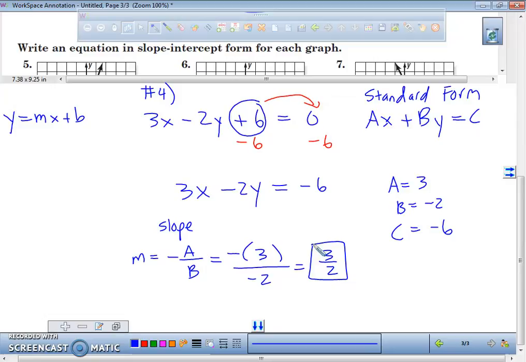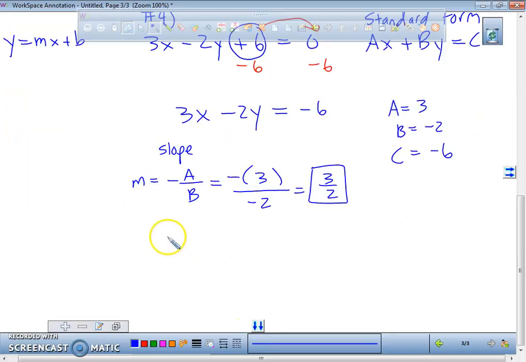And you're done. You just found your slope using the formula we talked about a few days ago that was in standard form. I'm not saying some of you may not be comfortable with this, all right? But this is something you can do if it's in standard form. Now, the other thing we talked about, there's a formula only for the y-intercept if you're in standard form. What's the formula for the y-intercept? It was c over b. C over b. So our c value in this case is a what? Negative 6. Our b value is a negative 2. And negative 6 divided by negative 2 gets us